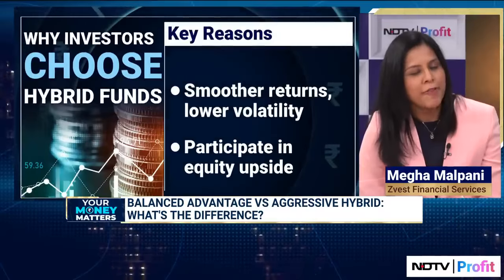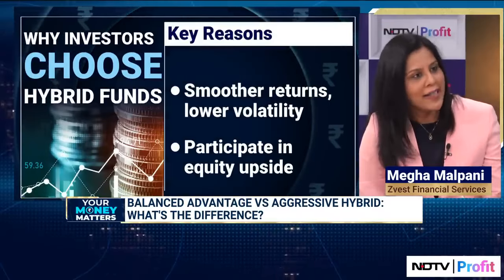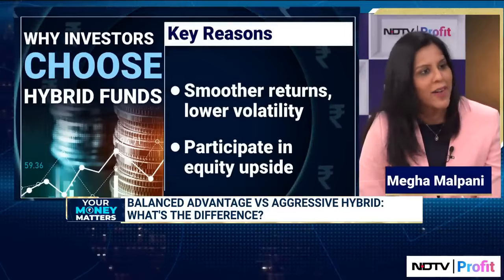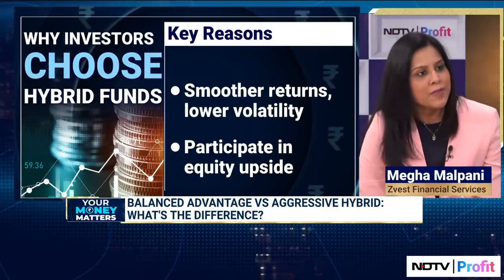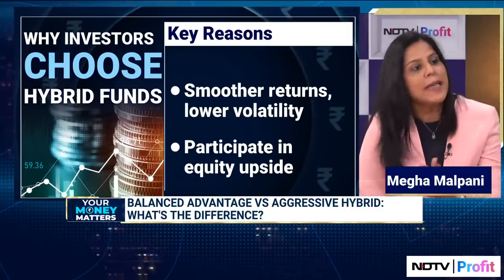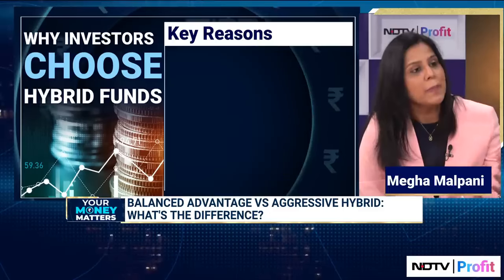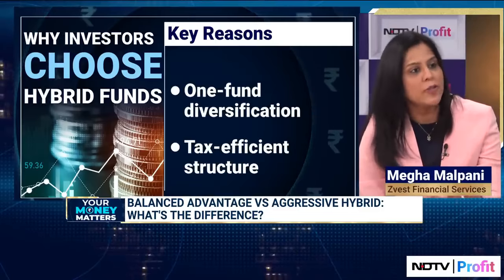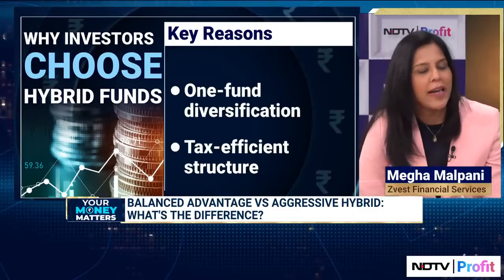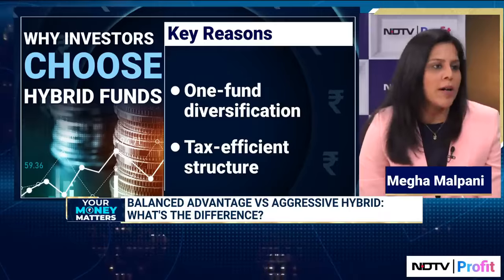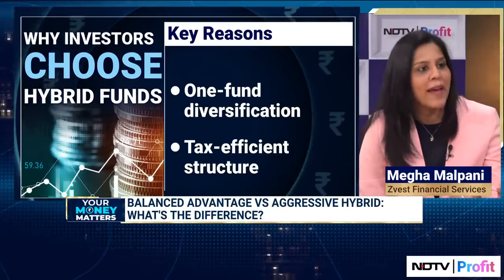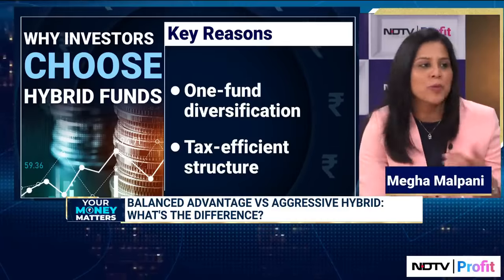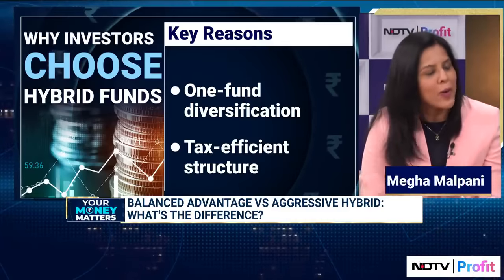So there are many subcategories within hybrid funds, and the two most important categories definitely include balanced advantage funds and aggressive hybrid funds. Now, to answer your question, balanced advantage funds are funds which, as per SEBI regulations, can play around between 0% to 100% in equity allocation. Just to draw an analogy, I would say they are like the auto transmission in a car, where the car is actually trying to switch its gears depending on the speed.